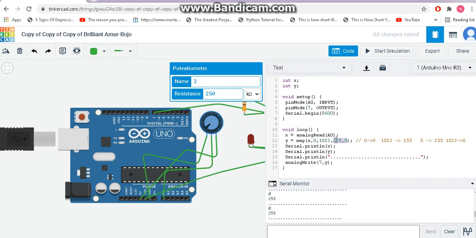See, we are going down, 255 to 0. You understand? Because in the map function, this is the starting value and this is the ending value. Starting value of the first range, ending value of the first range. Starting value of the new range, ending value of the new range. You know that, right, in the map function. That's why I was teaching you the map function again and again. So for the increasing direction, the new range direction will be decreasing. So you know all those things, right? I explained it again and again.